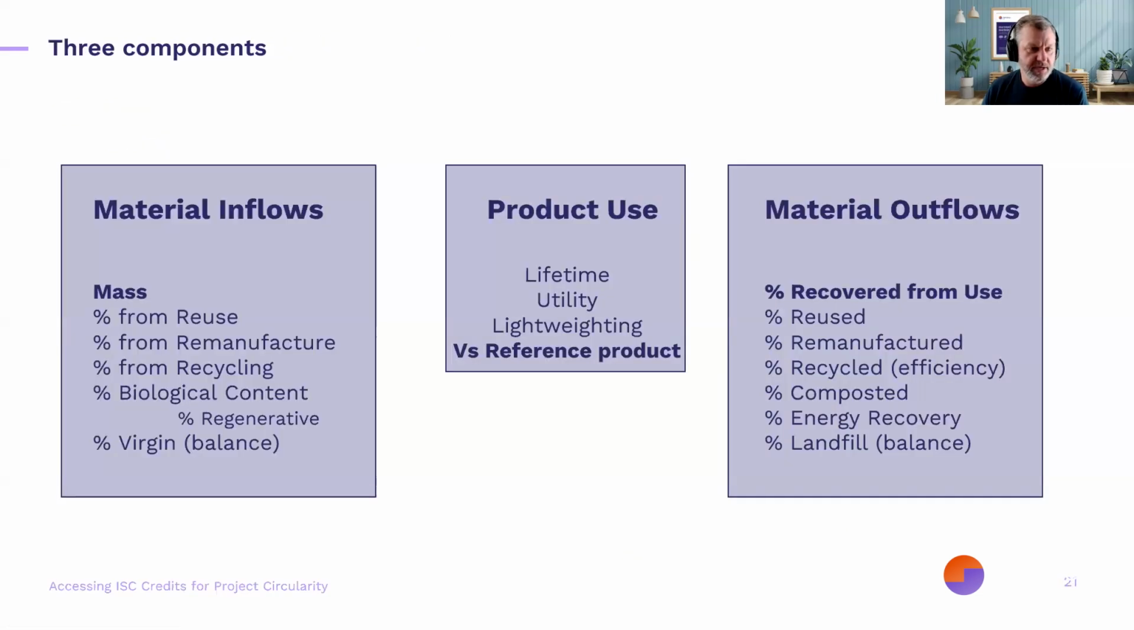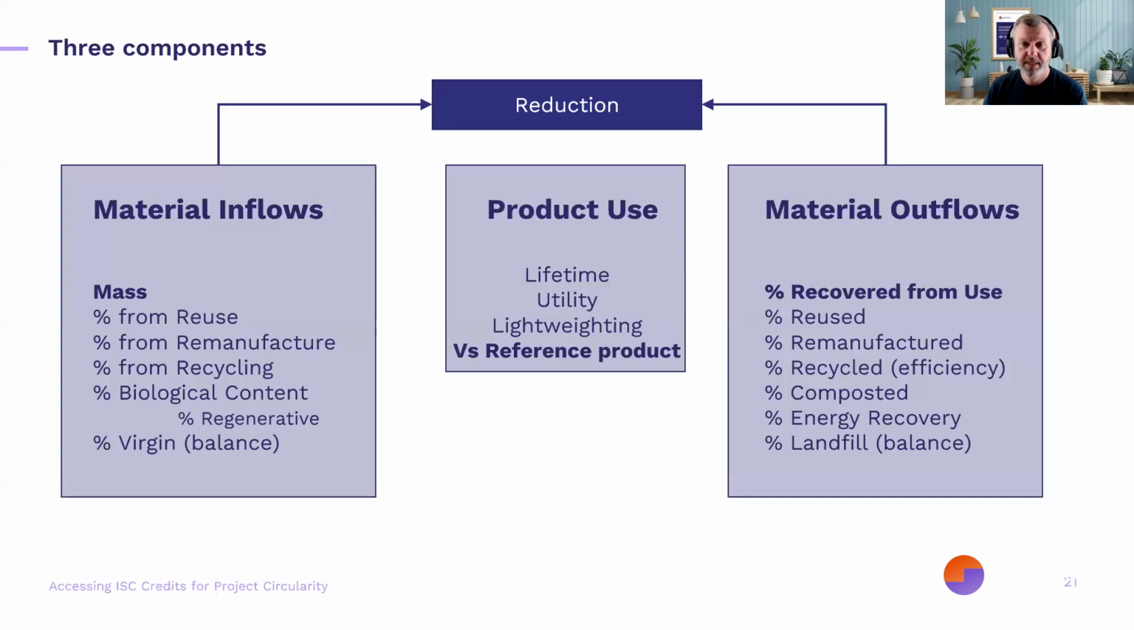The way to think about the MCI is it brings together 3 components. Firstly, the material inflows, so where materials are coming from into the product. The material outflows on the other side, so where those materials are going to. And in the middle, what happens to it in terms of the durability or the utility, or whether it's been lightweighted versus a reference product. So the inflows and outflows really talk to that reduction of reliance on non-renewable resources and